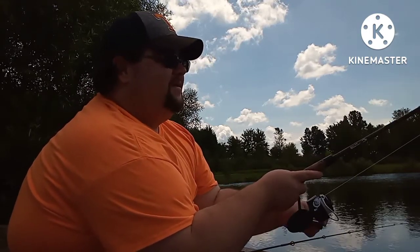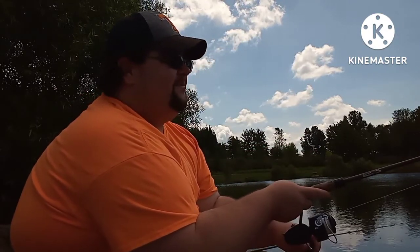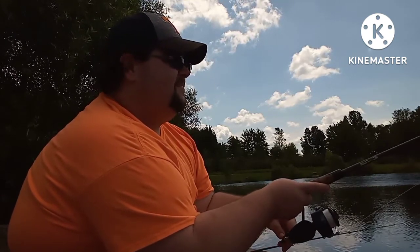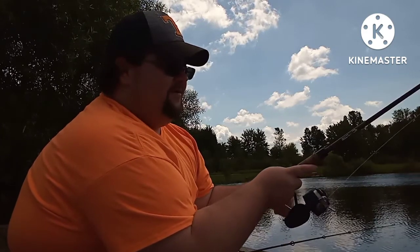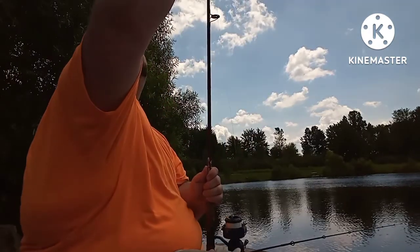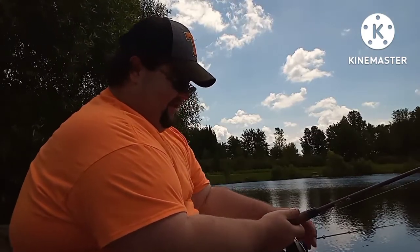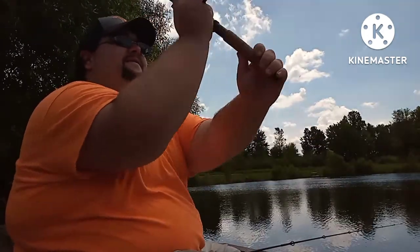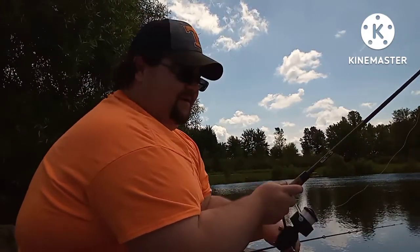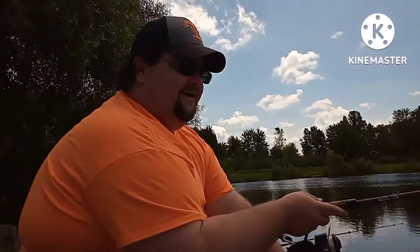Whoop, whoop. Not sure if I almost got snagged or if I just missed one. Well, not really snagged, but I'm not sure. I did have a little vegetation on the line, but considering I've never fished here, I don't know what the bottom is like. I know there's a lot of weeds here in the shallows, but there's a lot of open area too, so...